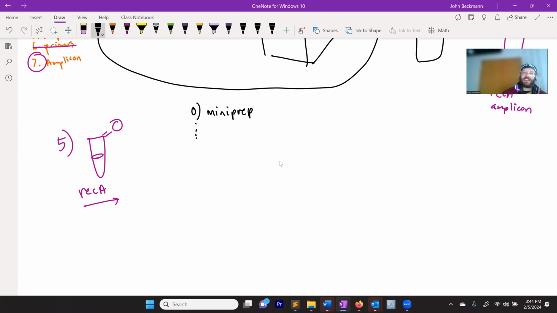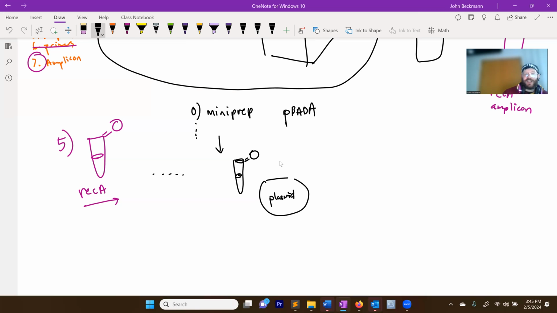We had cultured some bacteria with our backbone plasmid, which is pBAD-A. Okay. We had grown the bacteria. We had done the other kit, which is the mini prep kit. And remember that the mini prep kit, its purpose is to produce a tube that is filled with plasmid. Okay. So now we have our plasmid